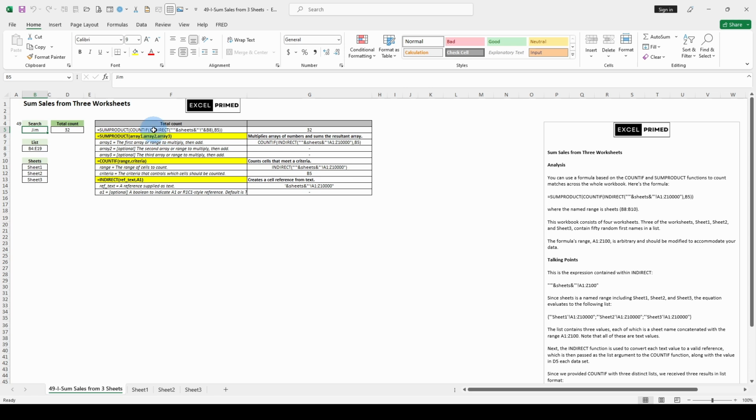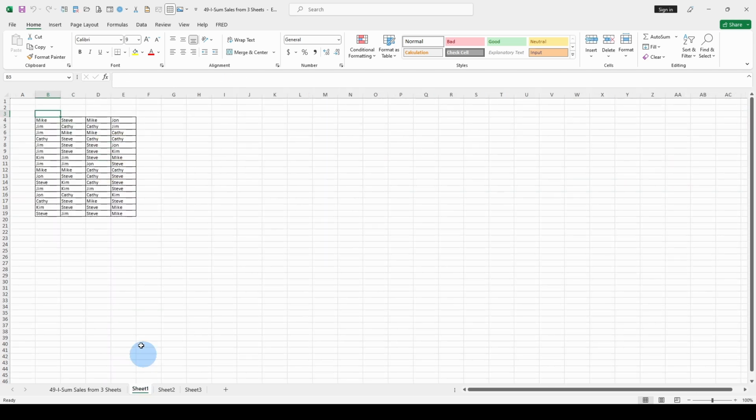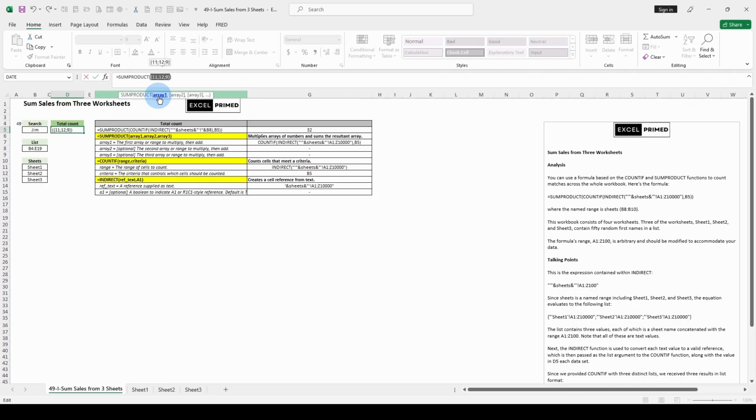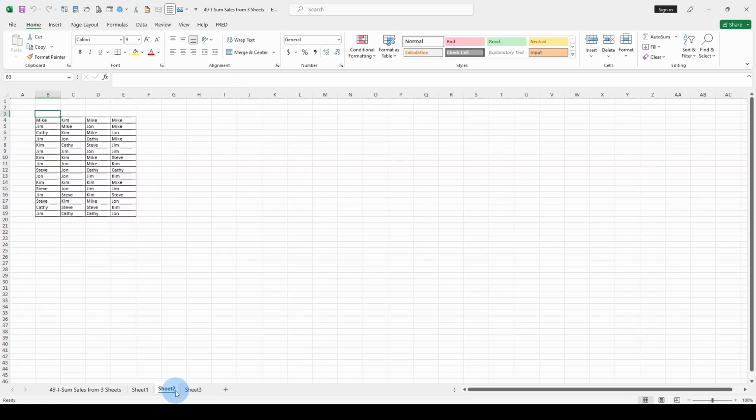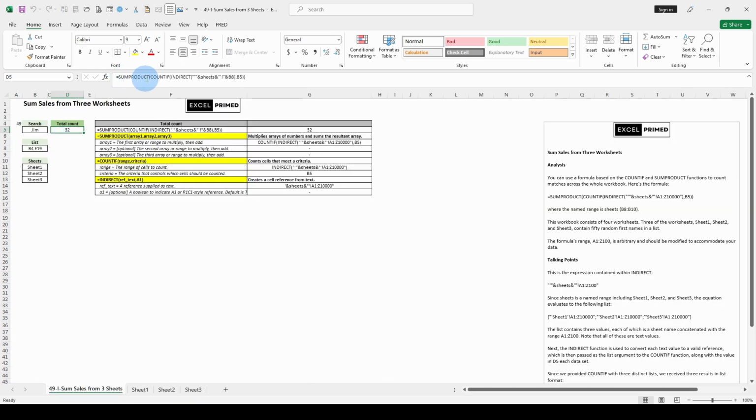That's all we're doing, is looking at this thing. And the COUNTIF is going to be array 1, and it's going to be 11, 12, 9. What does that mean? If you go through with a microscope, go to sheet 1, there's going to be 11 Jims in here. Knock yourself out if you want to count them. 11, 12, and 9. I mean, 12 Jims and 9 Jims. SUMPRODUCT is then going to go in here. It will sum 11, 12, 9. That's it. INDIRECT,